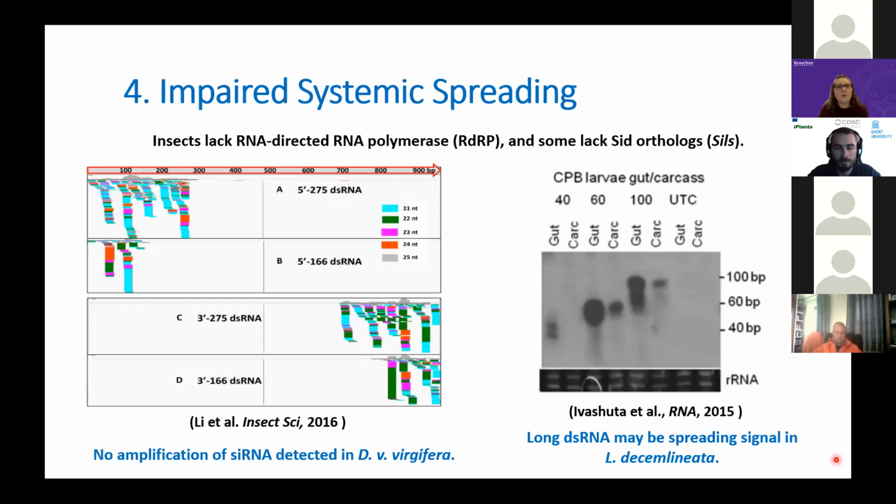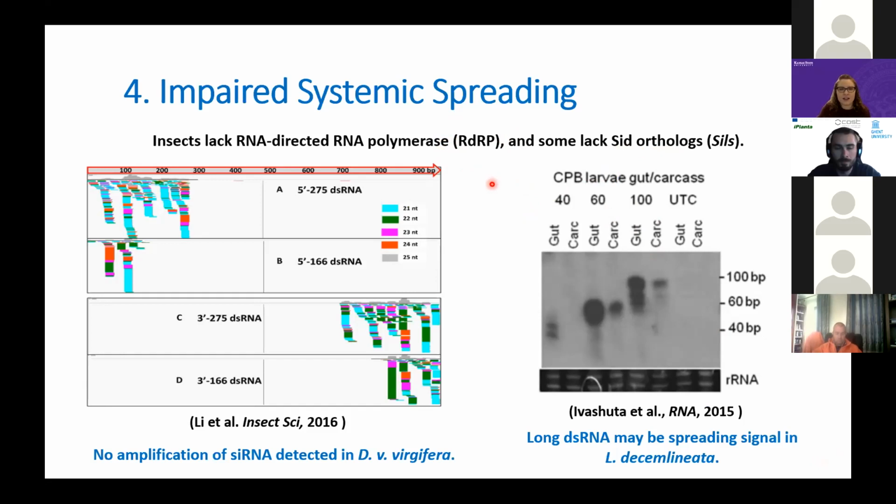So now let's talk about impaired systemic spreading. This was first hypothesized to be an issue in insects because insects lack the RDRP enzyme that's responsible for amplification of the silencing signal in other organisms like worms. In addition, some insects lack SID orthologs, as we discussed previously. So there's been a lot of interest in what kind of mechanisms actually are responsible for systemic spreading of that